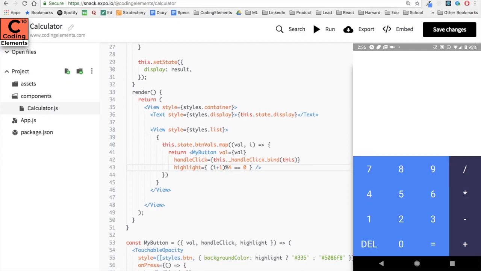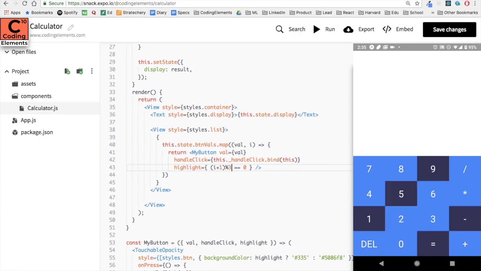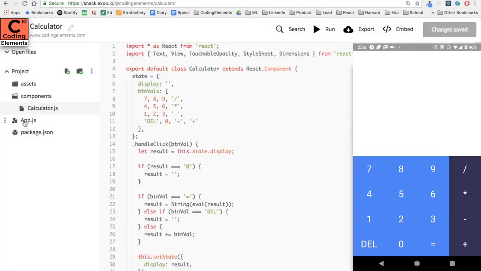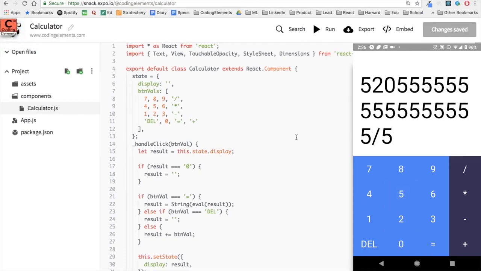And instead of mod 4, if I do it by 3, every third button will be highlighted. Similarly, if it is mod 2, then every second button will be highlighted. So now let's set it back to mod 4, which will highlight all the operator buttons. And now we'll save our snack and let's test the calculator.